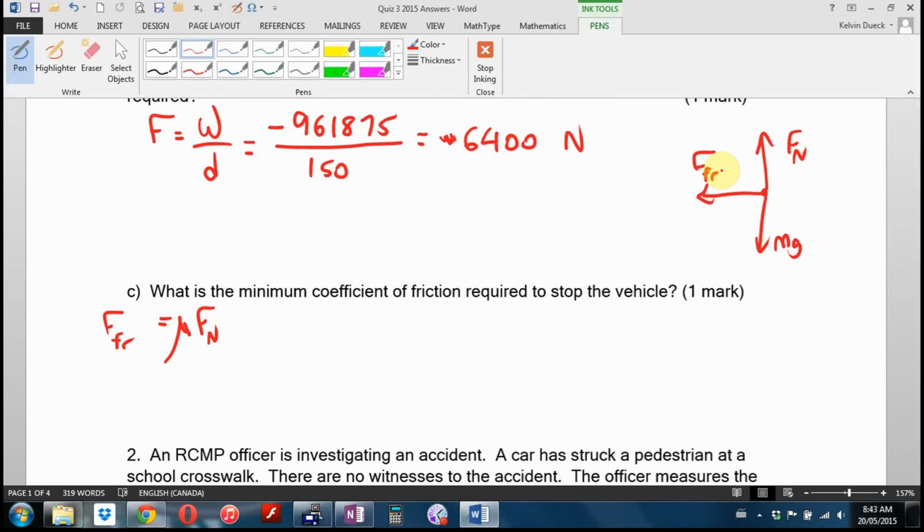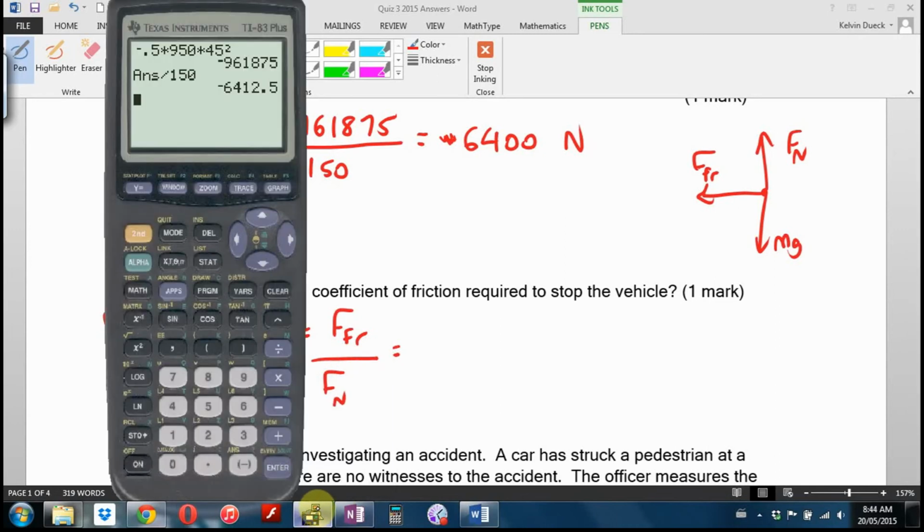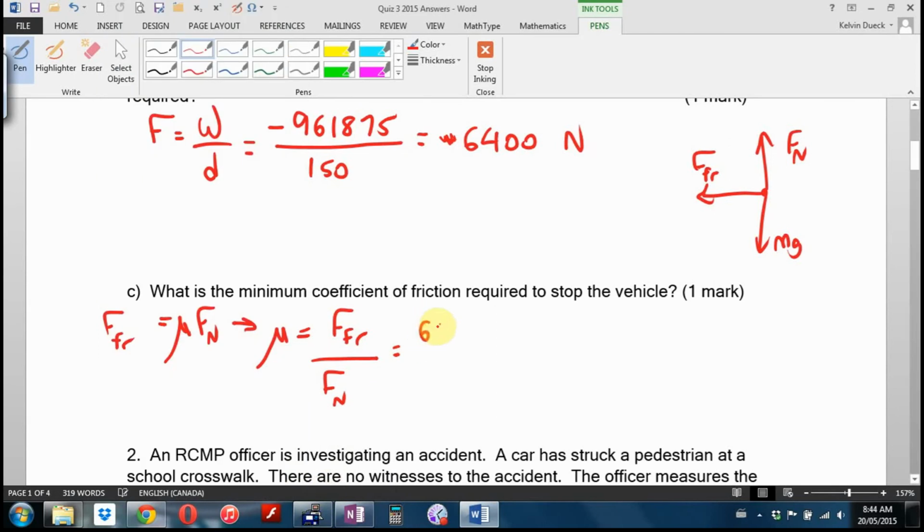I think we can then say mu is going to be friction divided by the normal force. Friction is 6412.5 divided by, I don't know the normal force. Oh, but look. I know the force is the same size as the normal force. So it's going to be